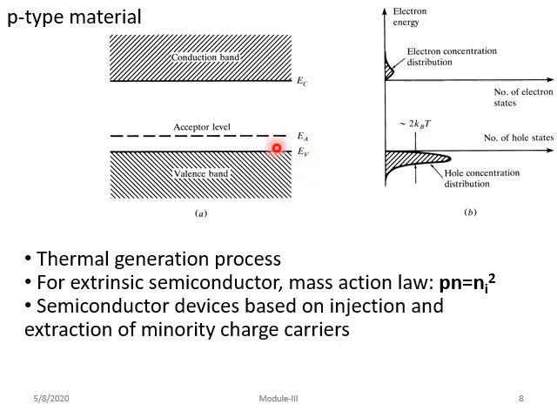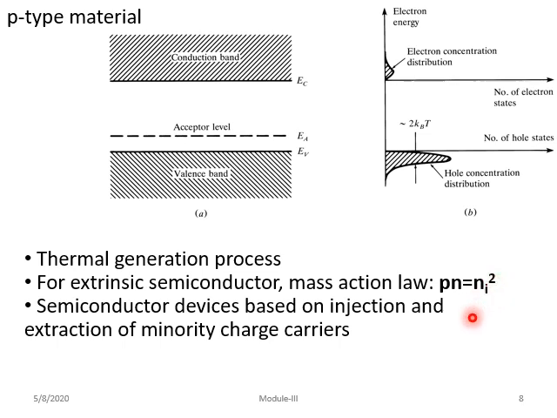Normally, traveling from one band to another band needs a certain amount of energy to be emitted whenever there is a transition across the bands. The more energy is used in traveling across, the more temperature rise is possible. So for an extrinsic semiconductor, from the mass action law we can take the equation p times n equals ni squared, where ni is the carrier concentration, as we mentioned earlier. Using this we can find the mass action law conditions.